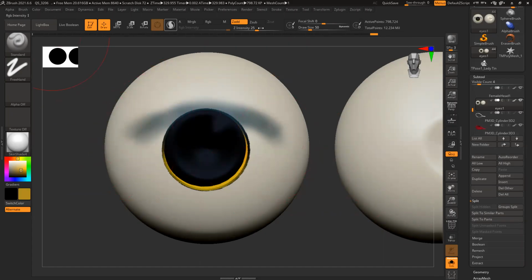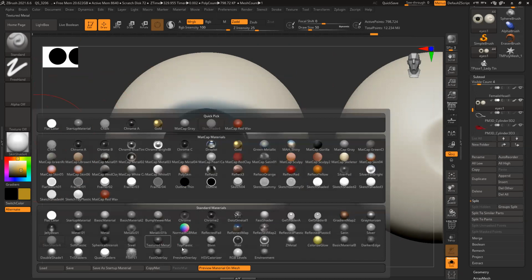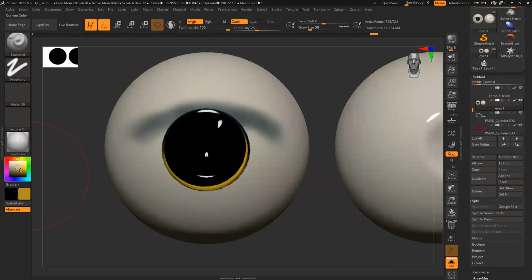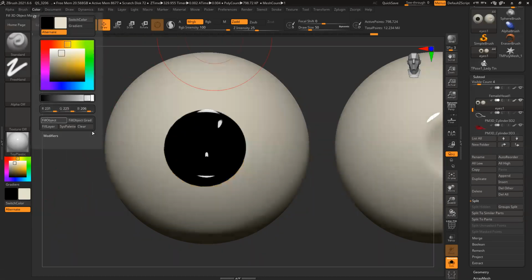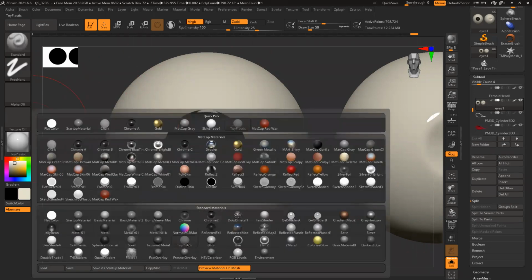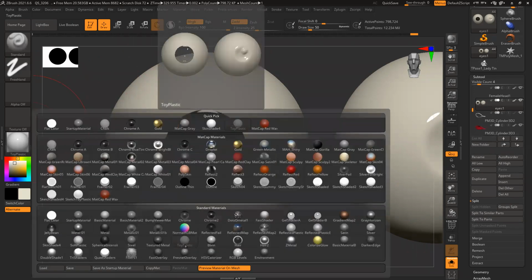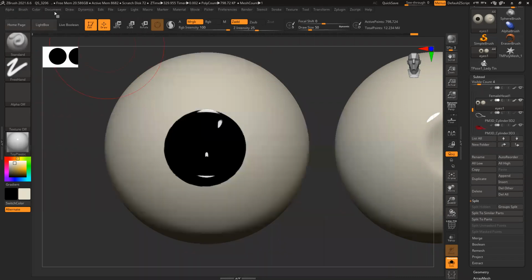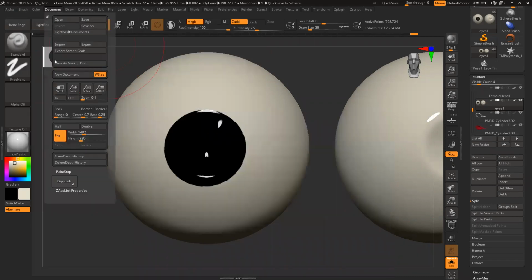And here, I guess I need to fill mRGB for this eye plus toy plastic, and the color is slightly off-white. mRGB. Which material, sir? This one, toy plastic. It's already there. Okay, so by default it's there in ZBrush. It's for reflection and all.